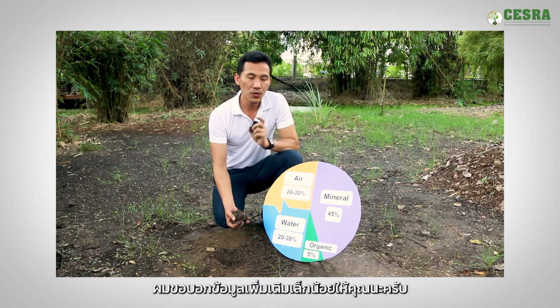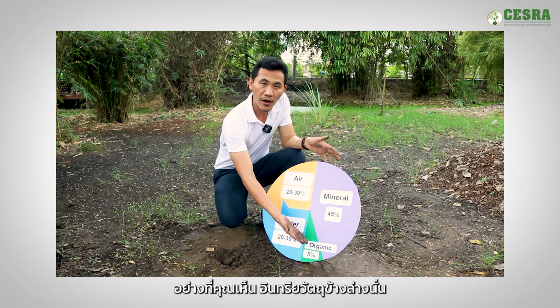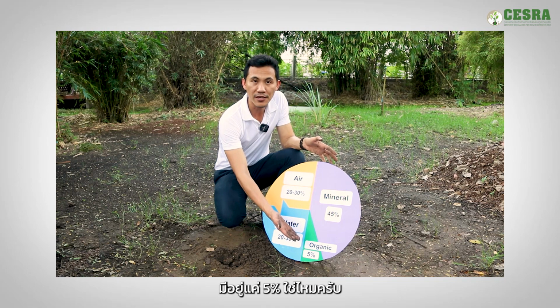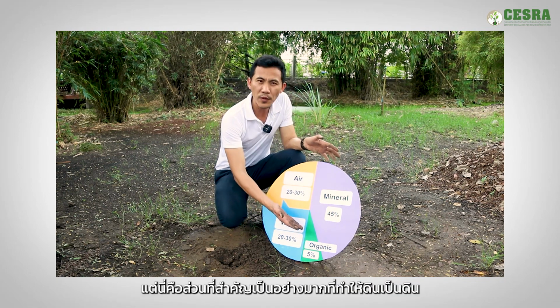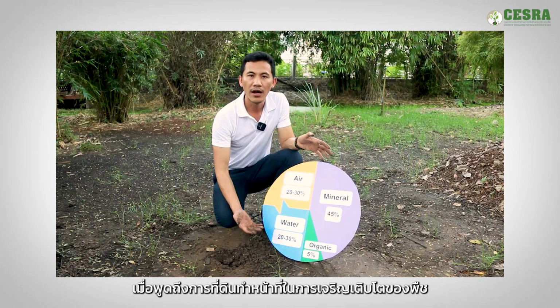This is for ideal soil we have, and we call them mineral soil. Let me show you a little bit of information here. You see that organic matter down there, which is just 5%, right? But this part is really important as being soil, especially when we talk about soil as an important factor for